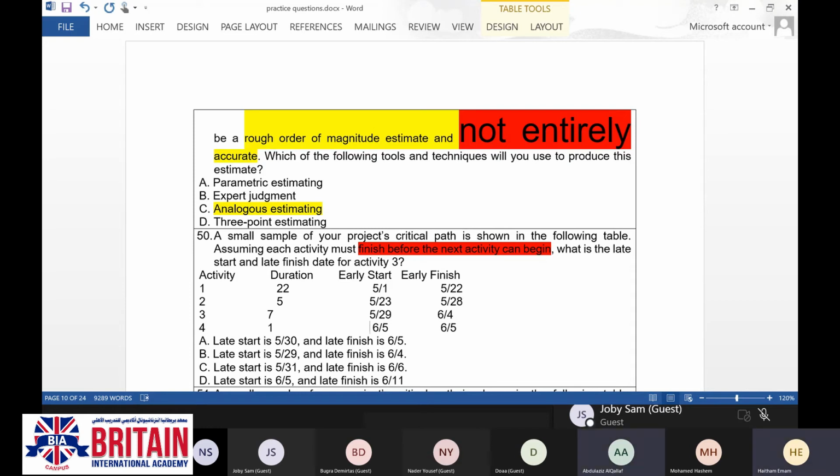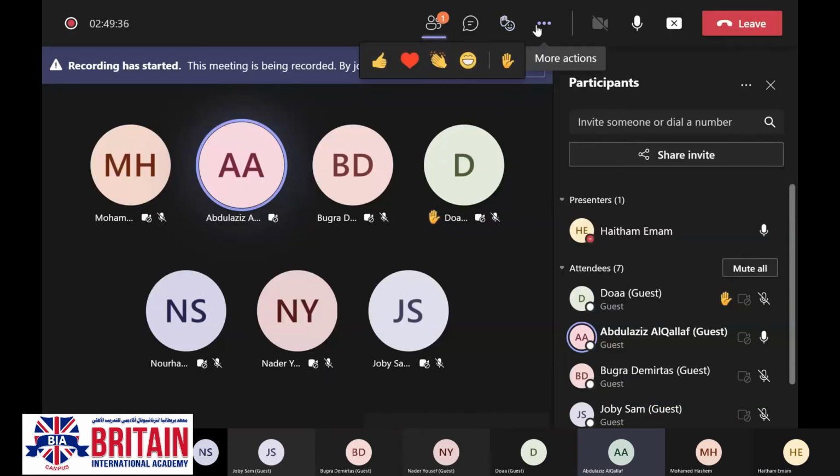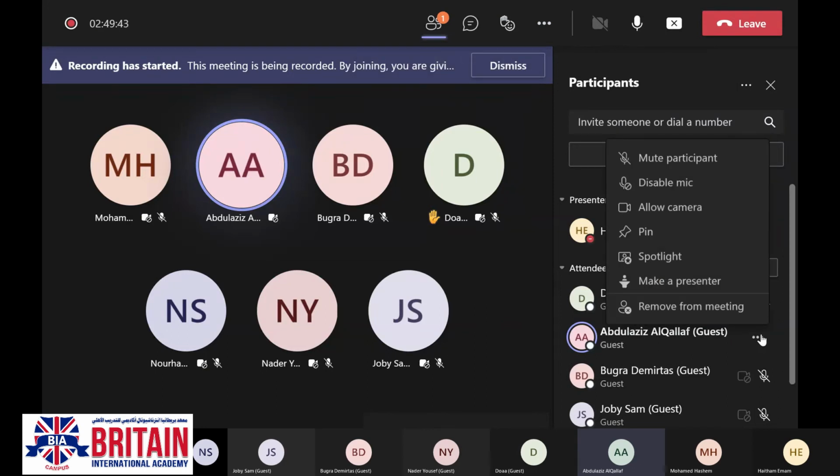No, I did not. Okay. I should draw the diagram, then I will see what is early finish, early start, late finish, late start, then I will determine the answer. I know it, but I did not draw the diagram, unfortunately. Okay, will you be able to draw the diagram right now?